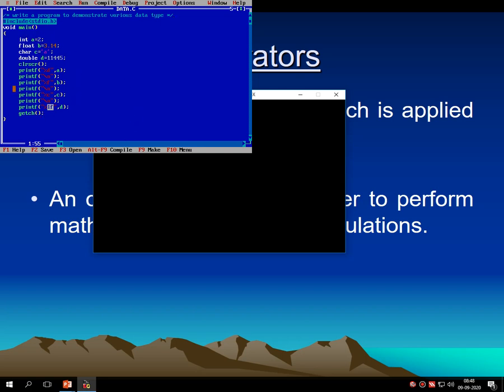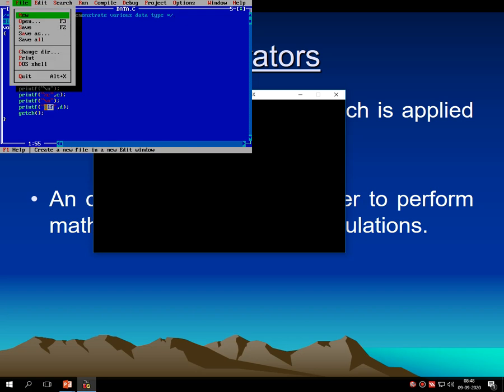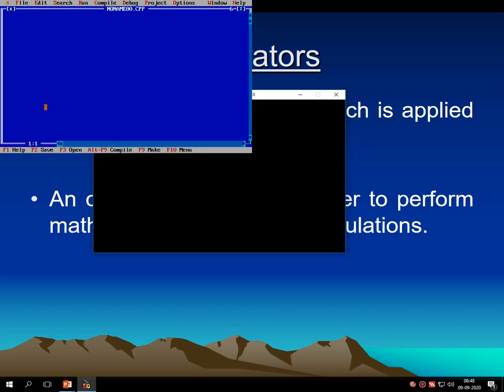Lastly, we have written this code. As you can see in this screen, there is a fixed value of A equals 2, B equals 3.14, C equals A, and double D equals 11,455, and we are printing the same onto the screen. Up to this, we have merged theoretical concept as well as the practical concept. Now we'll write some other programs.